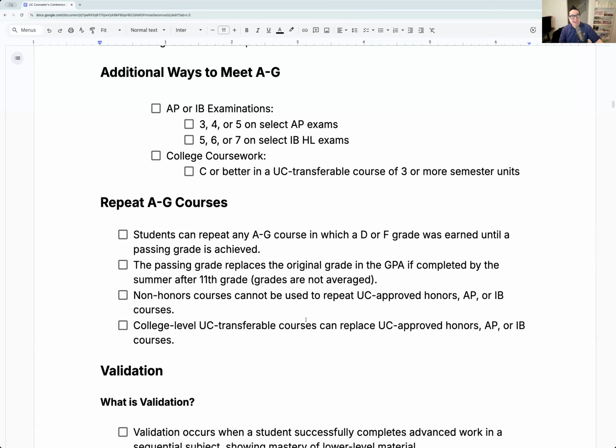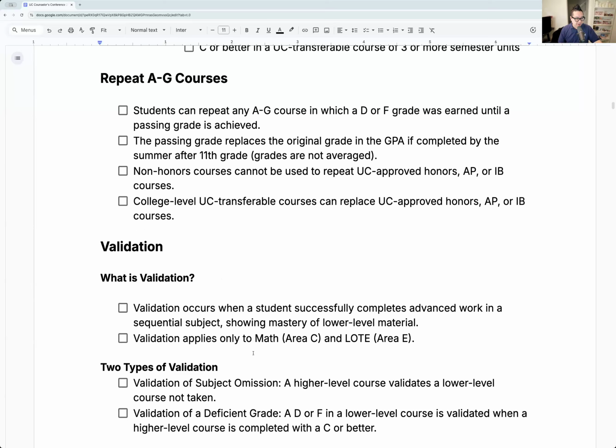Okay. You can repeat classes, but you only repeat a D or F. Keep in mind, there are people here who want to repeat a C. Do not repeat a C. A C means you passed. They're not going to retroactively delete your grades or do anything like that. It has to be a D or F for you to repeat a class. If you got a C, you passed the class. Move on to the next thing. That's kind of the big takeaway over here.